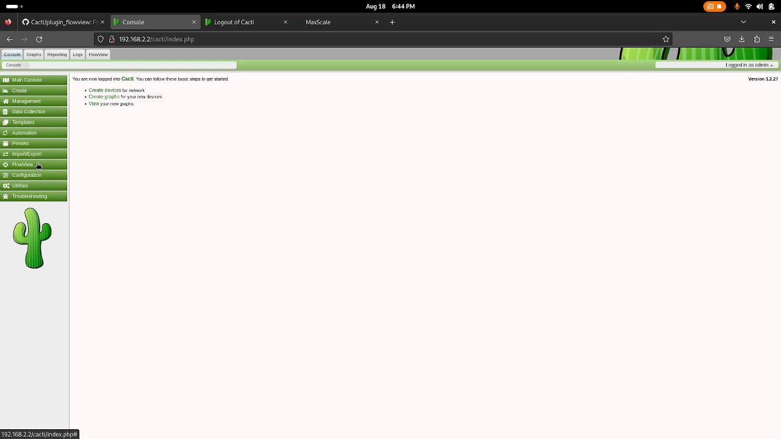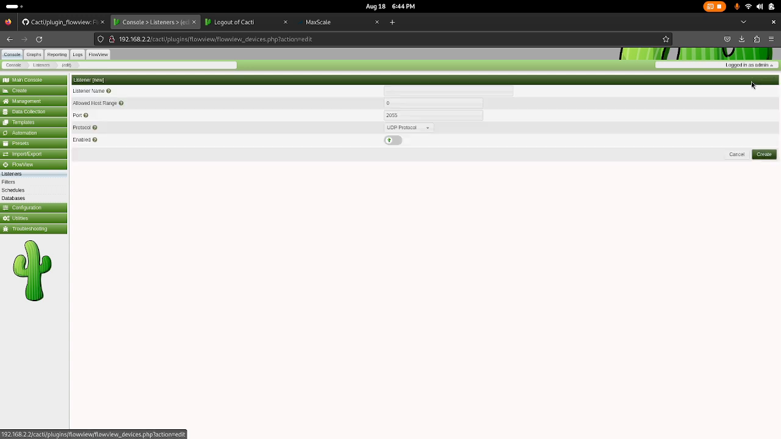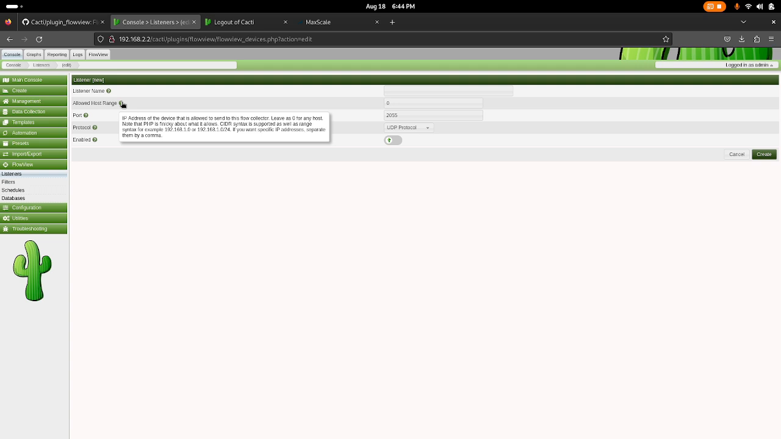What we'll want to do is now configure it. So there's some basic configurations that will need to be done. The first one we'll have to do is configure a listener. So a listener essentially is a way that we open up a port, a UDP port, that the NetFlow data can be sent to Cacti. So the default port 2055, we do have a way to limit who can send Flowview data to this port. So by default, anyone can send it,